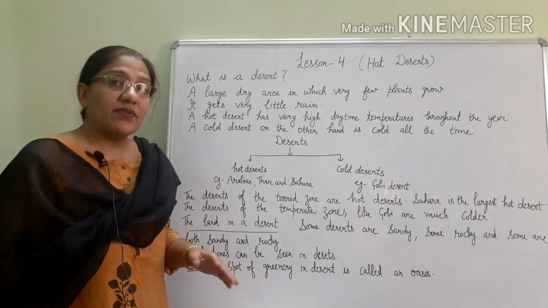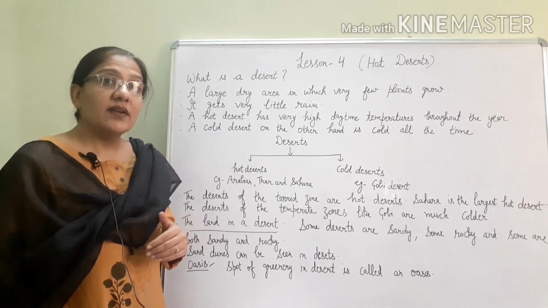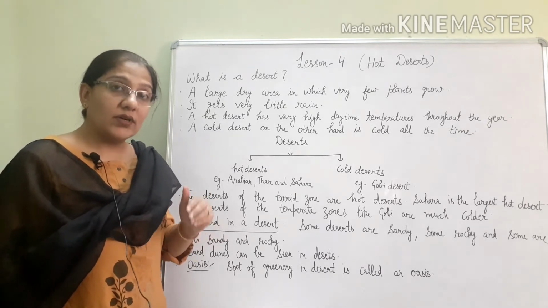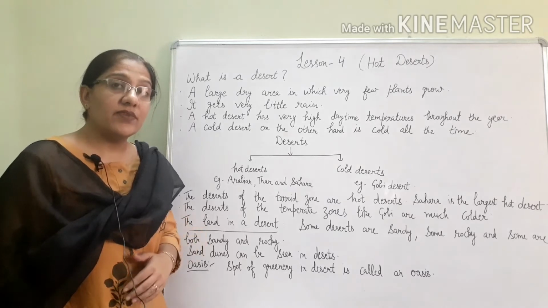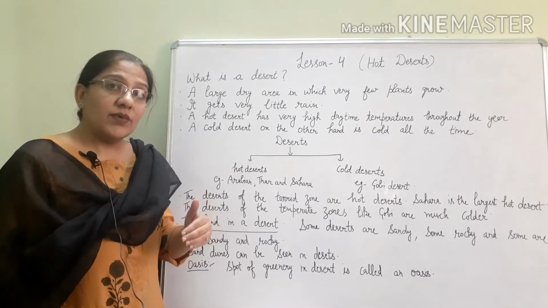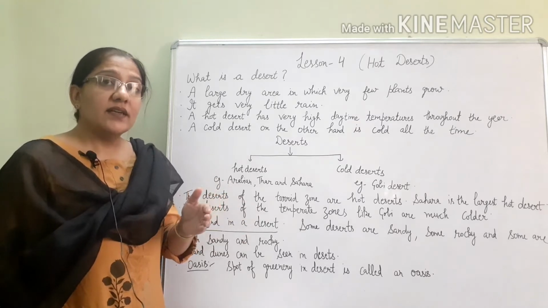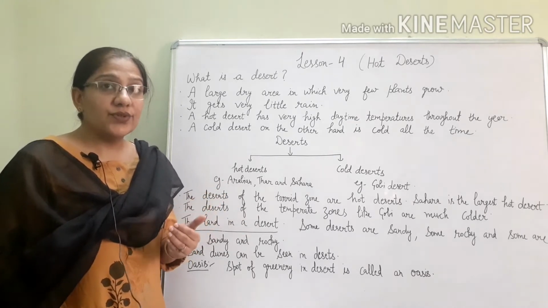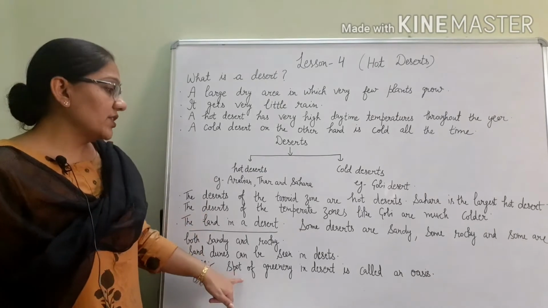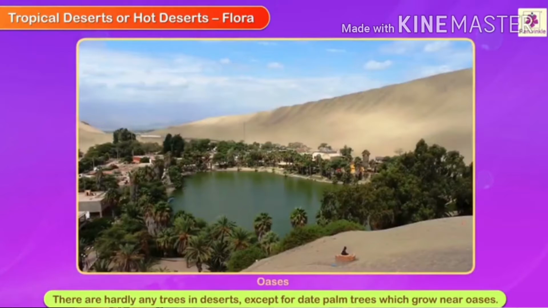All the deserts get very little rainfall, but sometimes the rainwater may collect somewhere and form water bodies, but these water bodies dry up very soon. On some places the groundwater comes to the surface to make a water body, and some bushes and small trees grow there. Such a spot of greenery in the desert is called an oasis. So an oasis is a spot of greenery where shrubs and little plants grow.